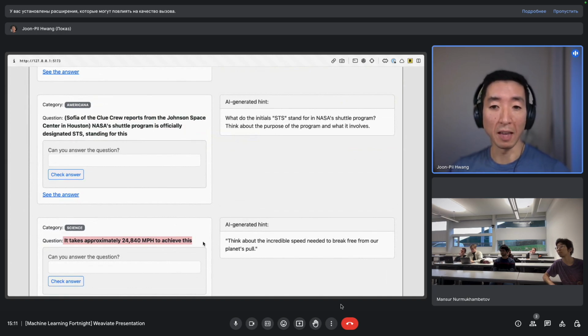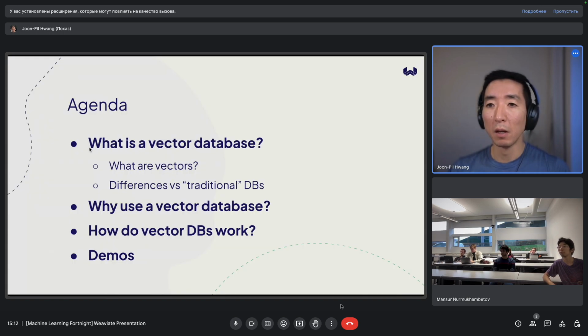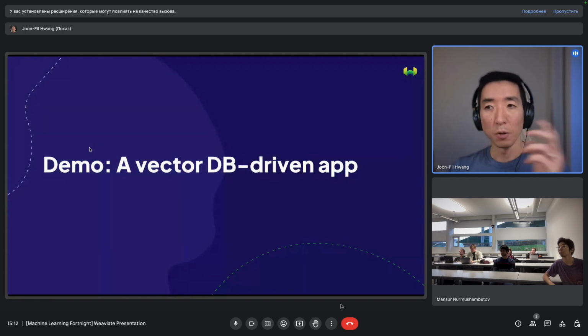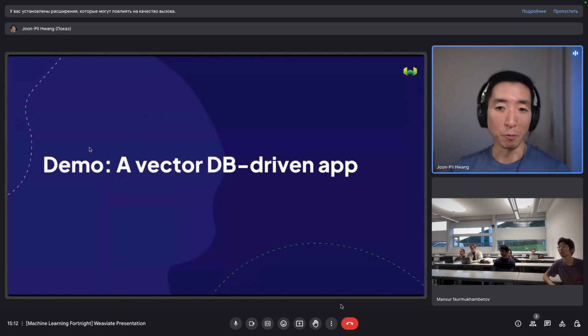How do you understand a query based on the certain words that I'm using? And then what am I getting back out? We'll go through some of that. No surprise, I'm using Weaviate at the back end to perform all of these, and we'll dig through what is happening under the hood as we go. Cool, so that was my little vector database driven app. We'll come back to it as we talk about different concepts.